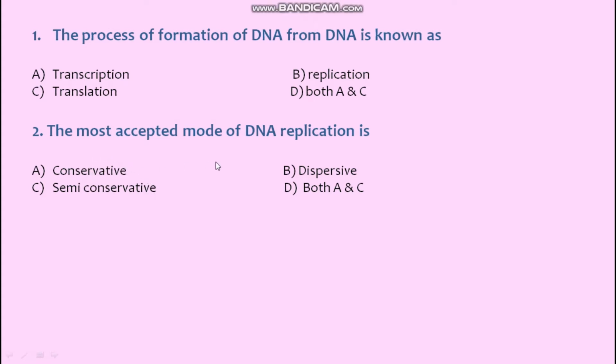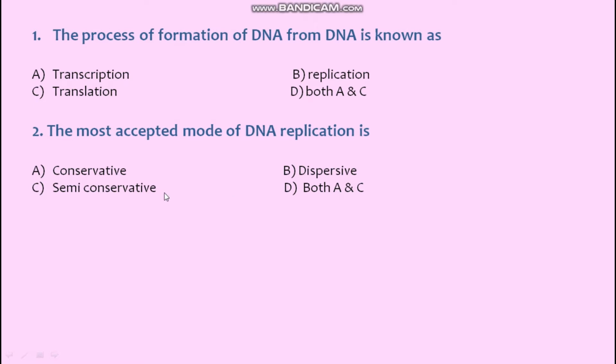Conservative means that the two strands of DNA get separated and both synthesize a new strand, and the new strands get joined together and then the old strands joined together. So they basically form a whole new DNA. In case of dispersive, the old DNA breaks from between and then it forms a new copy of DNA. Then they join like old strands, then new strands, then old strand, and then new strands. So that is known as dispersive mode of replication.